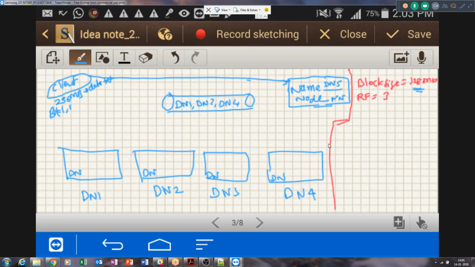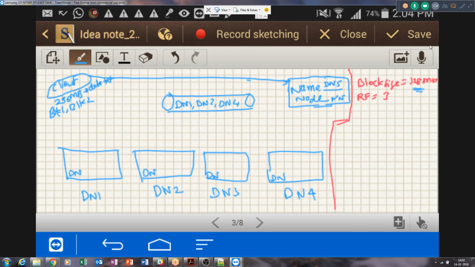I know, I'm sorry. I just posted a question. One second. Yeah, go ahead. Out of 4, if 3 data nodes are not healthy at a certain point of time, then what will we do? Okay, so you are saying that out of 4, if 3 data nodes are not healthy, or they are completely filled up, or they are not sending the heartbeat.